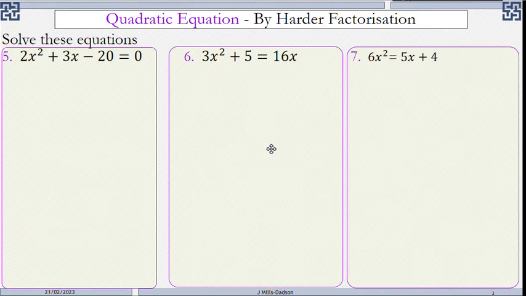Here we're going to learn how to use factorizing to solve harder quadratic equations. You must first know how to factorize harder quadratics before you can do this. And there are different ways of doing the factorizing. So here to do that,